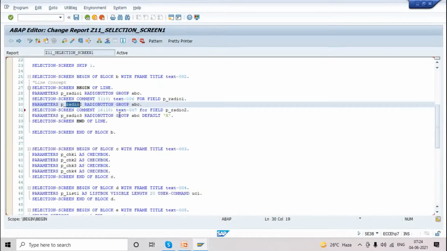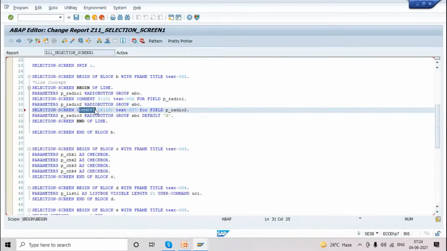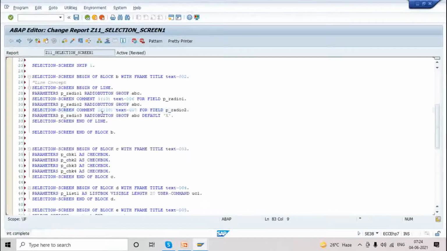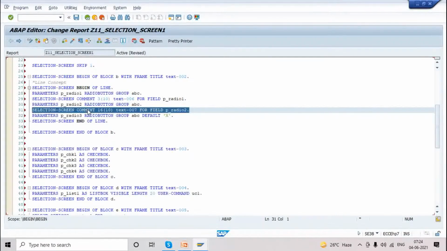Here you mentioned it is a comment, right? It should be a label, right? Technically it's a label only, but here SAP designs it as comments. SAP terminology. Labels only we are creating. If you write it before, it will first display the text, then the radio button.